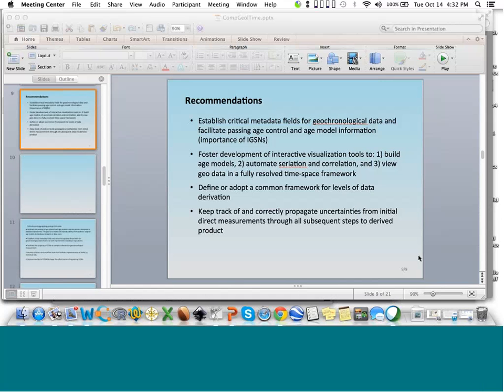So that's my, beyond the vague recommendations, where would I like to see this go? I would love to see more and more usable, downloadable software and easier access to well-compiled data, which I think is where we're going as a community.